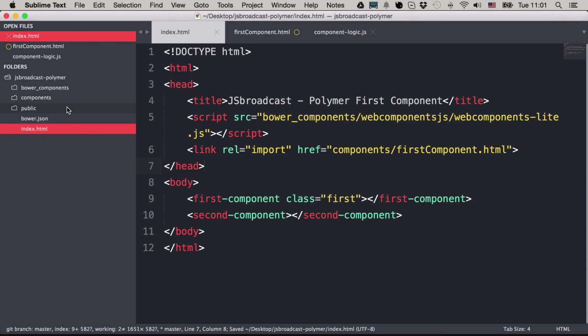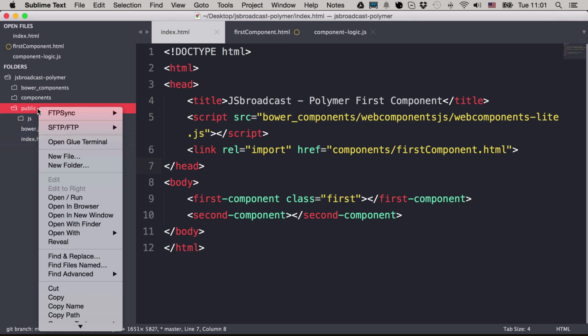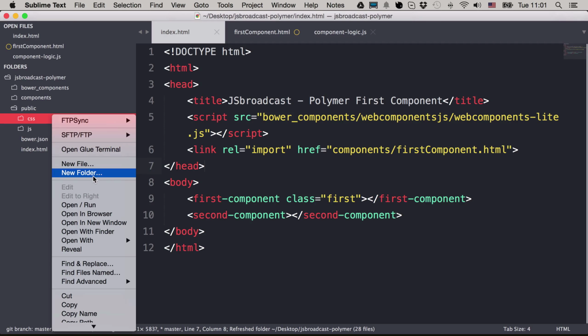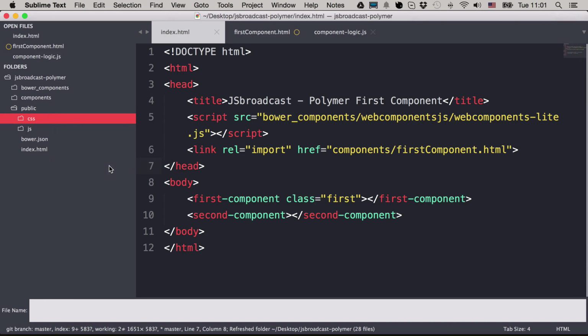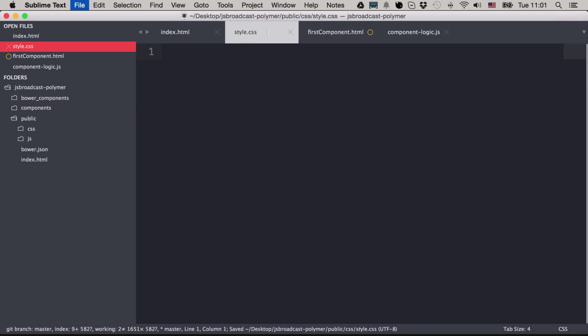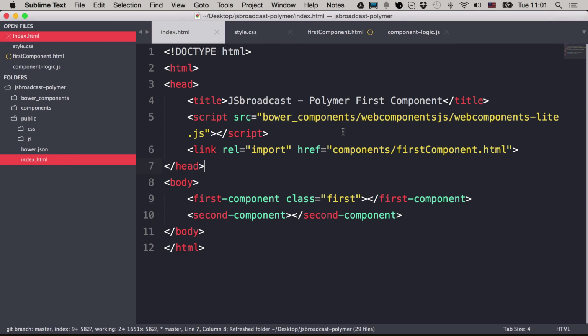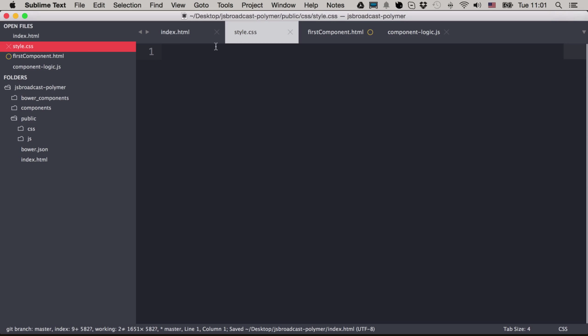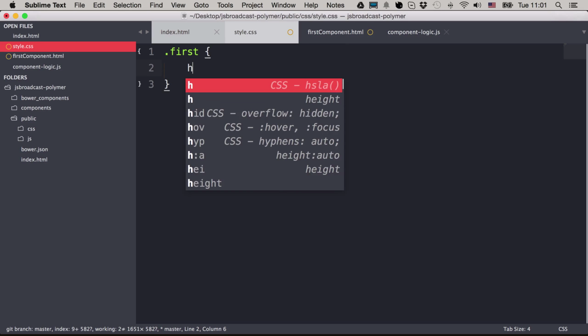And if we go ahead and create a folder called CSS, and then call it style.css, and in our head we say link stylesheet, href would be public CSS style.css, and if we say first, and h1,